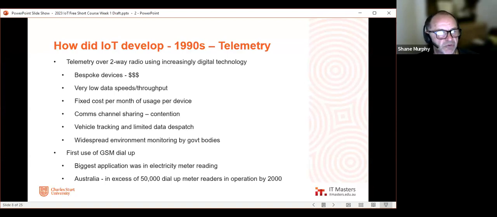You'd be spending hundreds of thousands of dollars setting up systems. I do remember, for example, in the late 90s, 98, 99, a system was set up here in Melbourne for one of the transport companies that had a just-in-time delivery service for Ford Motor Company. And I think for 25 devices and the whole system, they were spending about $200,000 or $300,000 and about $2,000 a month. And to be honest, the transport company told us that they didn't actually use it. They just had to tell Ford that that's what they were using,